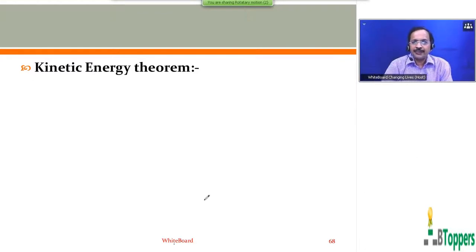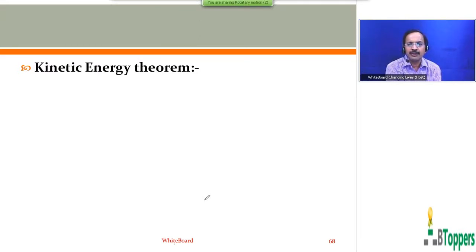So again, see here, in this class I have just discussed the proof for the kinetic energy theorem so far. I have observed one question given in the textbook, intended for board exams at the 11th standard, for the proof of this kinetic energy theorem in an exercise question. That's why I have discussed this theorem, but it's not a compulsory thing. You should remember the proof. For the board exam, at least for the state board exam in Andhra Pradesh, the proof may not be required. Particularly for entrance examinations, the proof is not required.